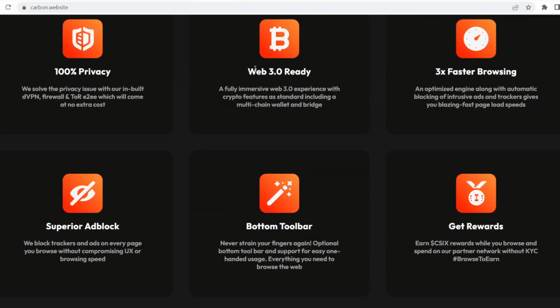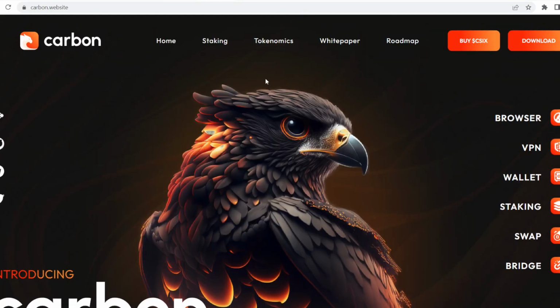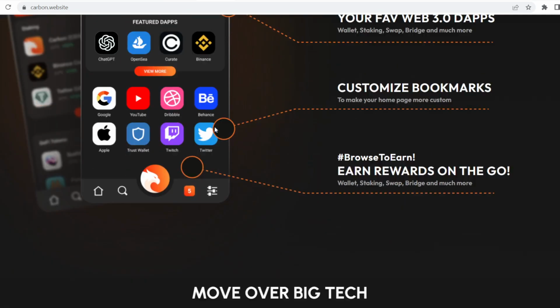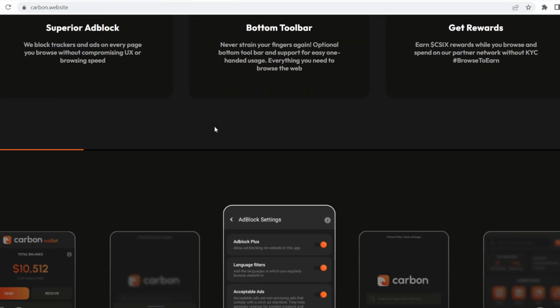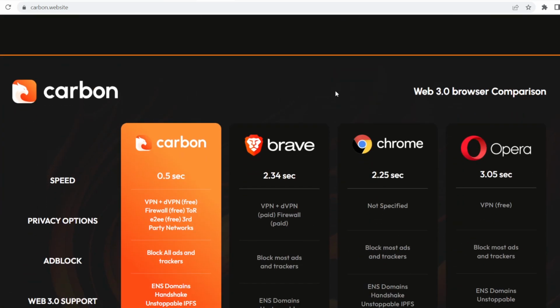Now, this is the website of Carbon browser. In this website, they have defined the features in detail, like what they're providing: browser, VPN, wallet, staking, swap, and also bridge. When you explore, just keep scrolling, you'll find a brief comparison between Carbon, Brave, Chrome, and Opera. What are the features and how Carbon browser is kind of superior, which they have shown compared to these